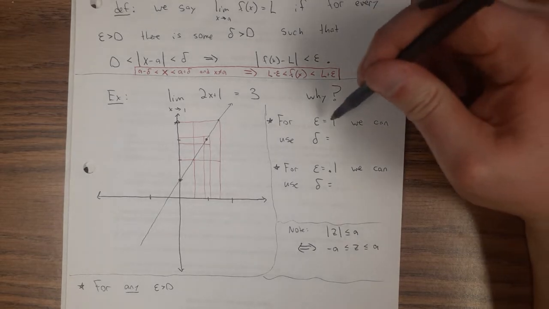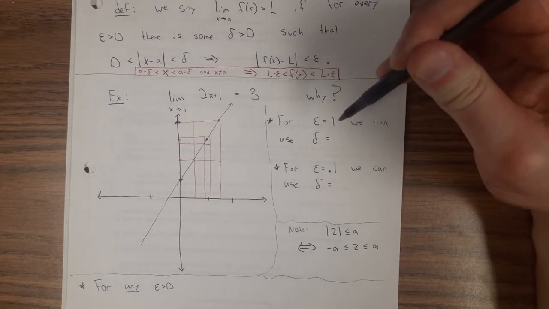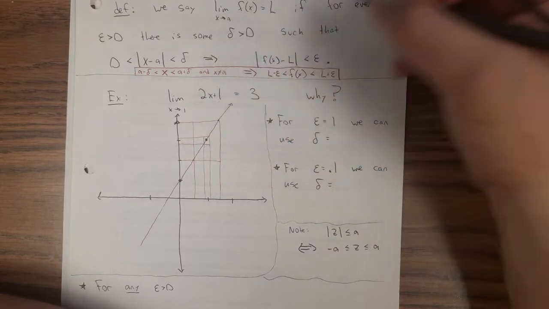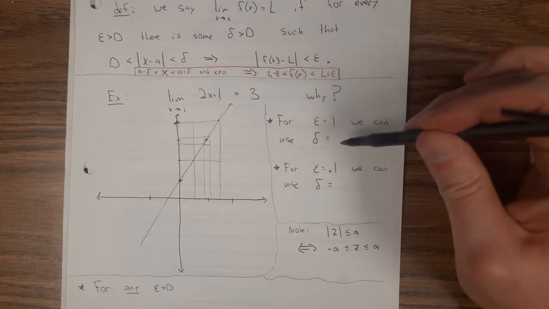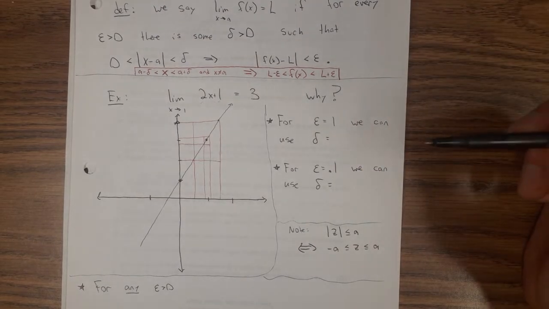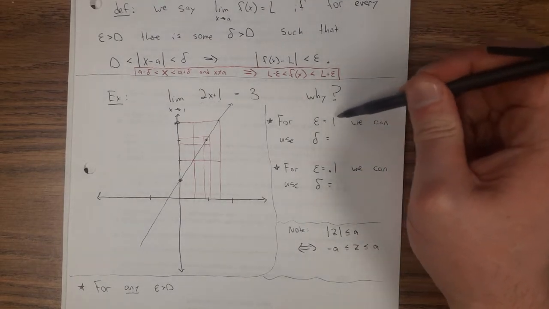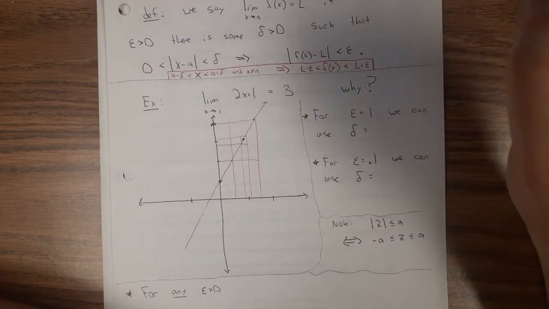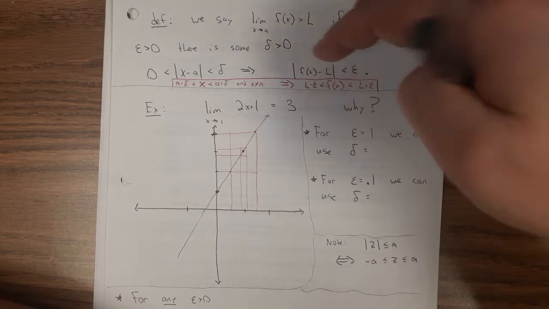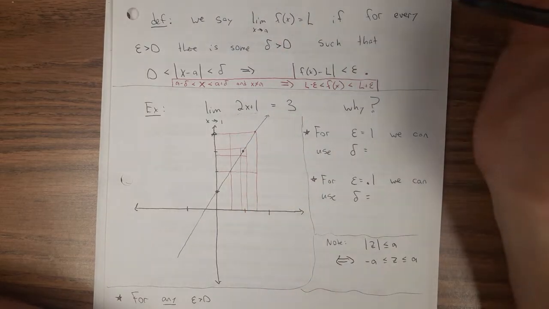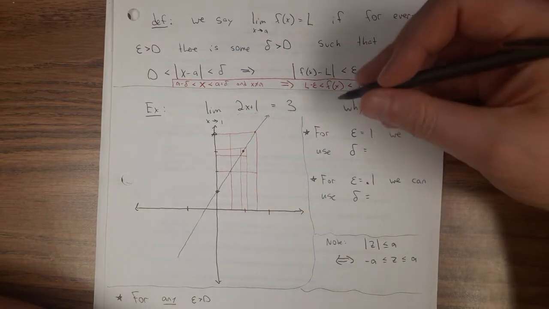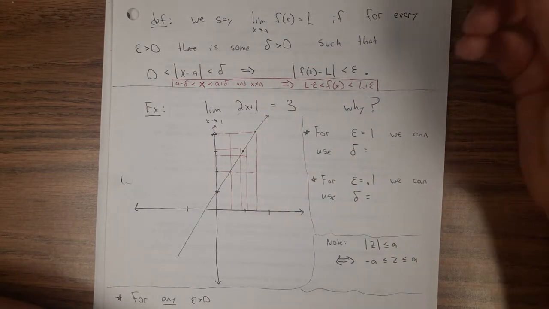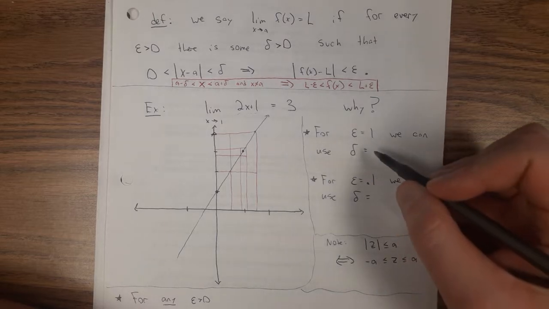And so right now we're talking about how are we going to make f of x, and of course, this is f of x, how are we going to make f of x close to L, which is 3? And what do we mean by close? We mean a distance of epsilon, which is 1. F of x in the picture is the y-coordinate. Right? When we talk about f of x and we're looking at the graph, we're talking about the y-coordinate. So I want the y-coordinate,